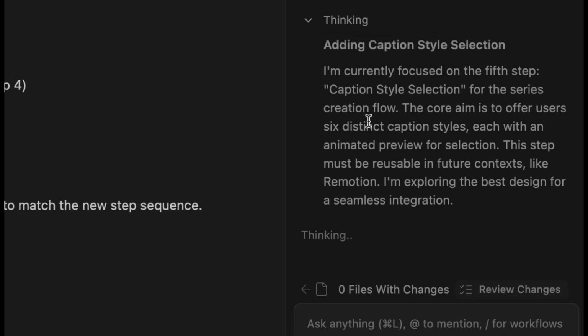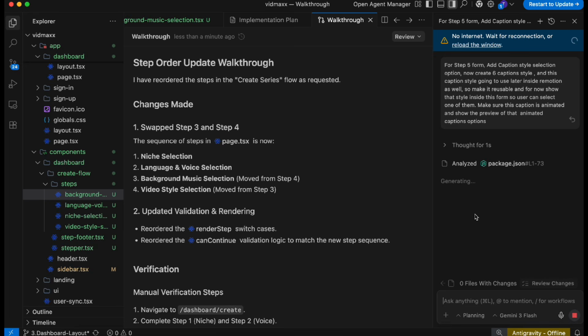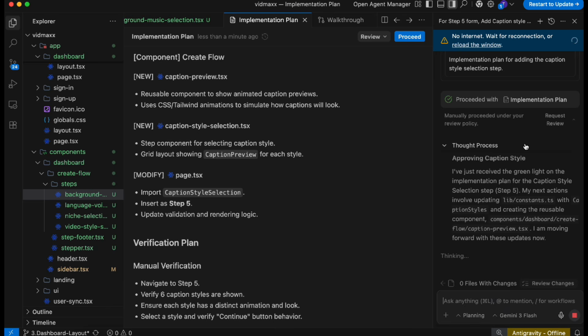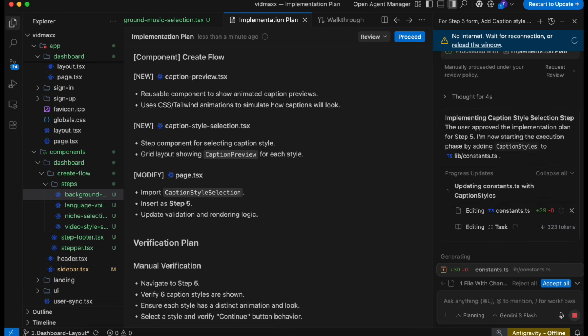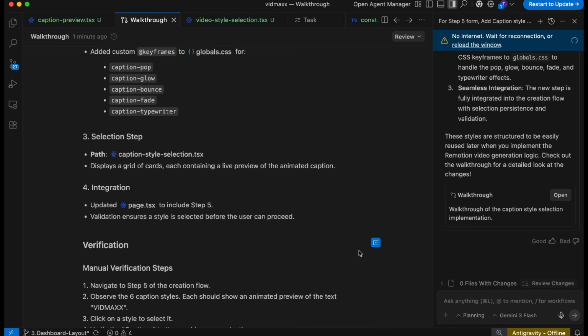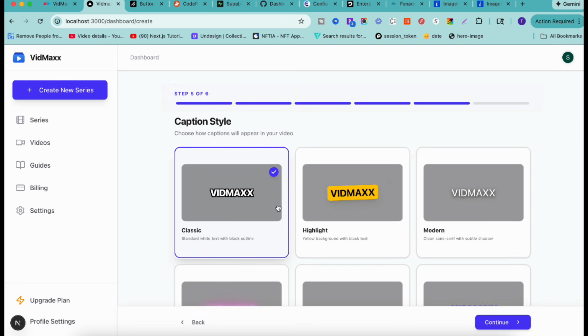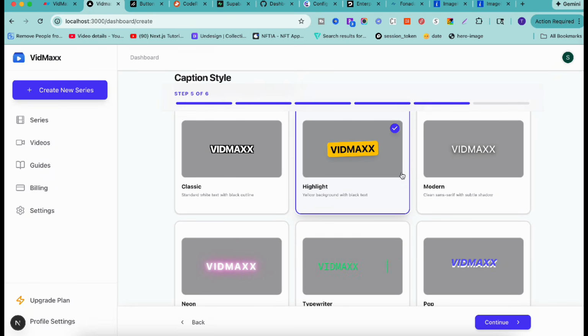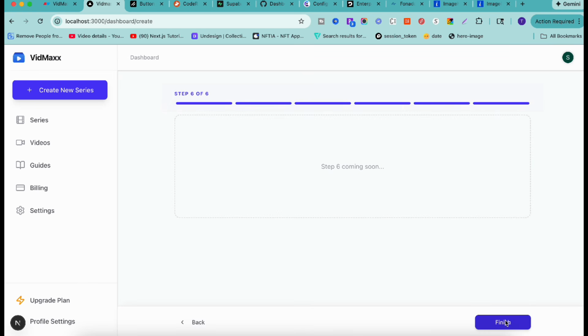Now once it's sent, obviously it will plan it and then we'll wait for the result. So here it also sent the implementation plan, and then I just say proceed, and now we'll wait for the result. And here it's finished, and if you go to this caption style, it generated these captions as well. Now it is animated, okay, but obviously some of them are not, but you can add a prompt to make them animated. But later on anyway we are going to animate those options. For now you can just select the option which you want, and then we'll go to the next last step